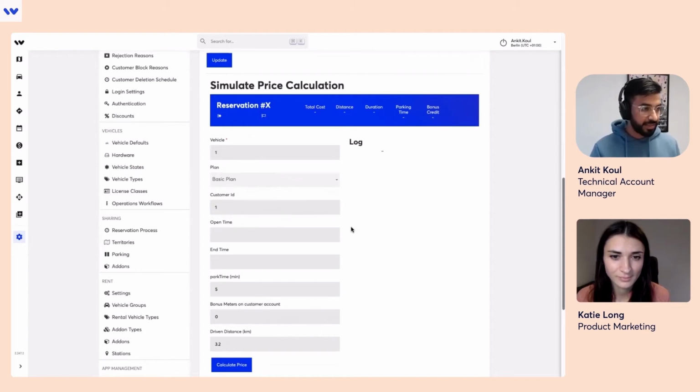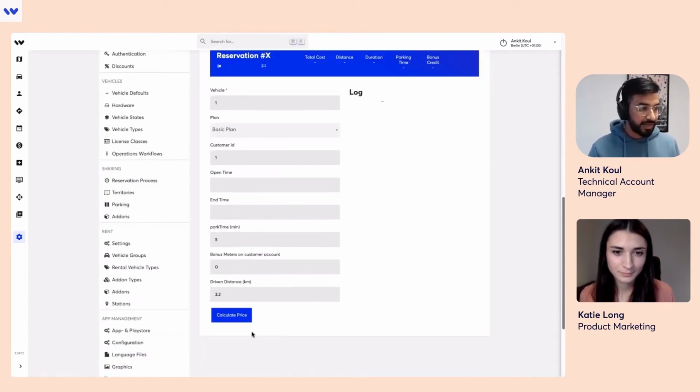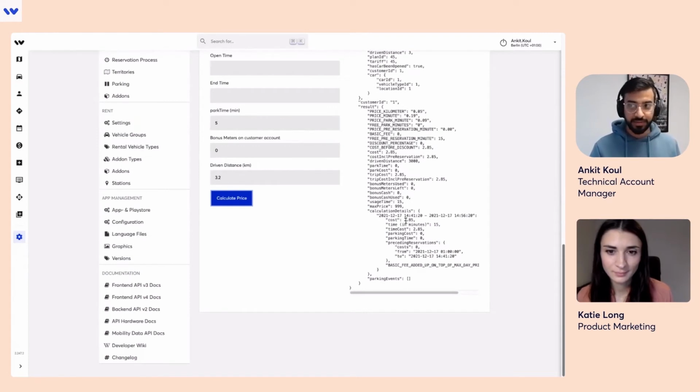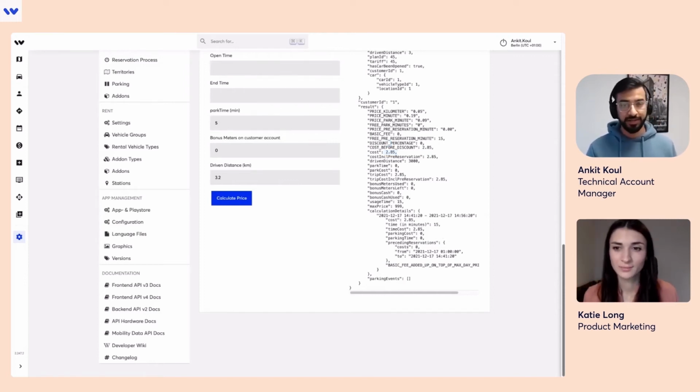I can assign the time when the trip starts and the end time of the trip. And based on that, when I calculate price, I get the whole log of the pricing. So you can just check, okay, I wanted to charge, let's say, 2.85 cents for a 12-minute trip. Is it correct? Then you can just verify your logic here, which is really cool and comes in very handy.